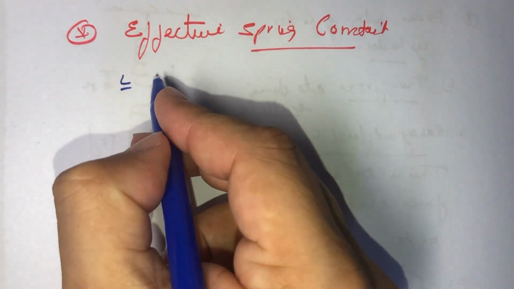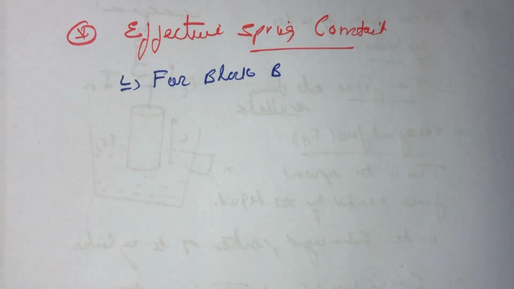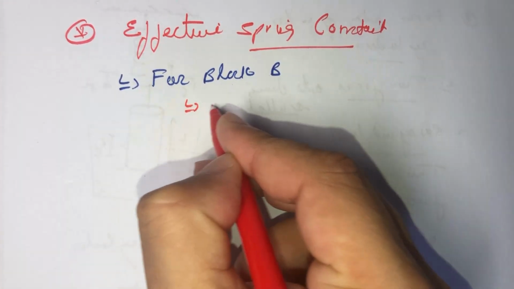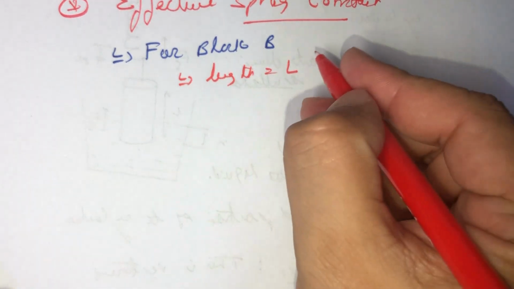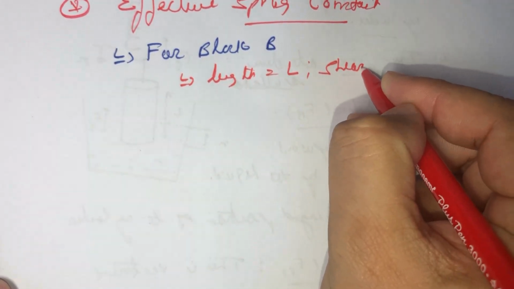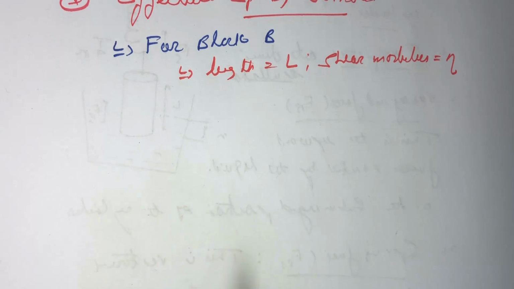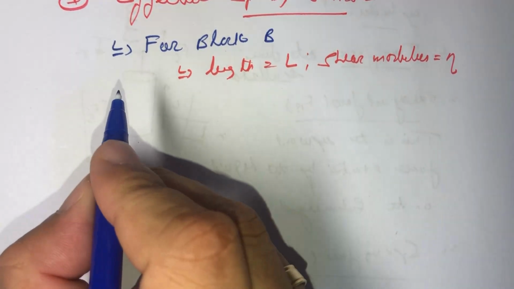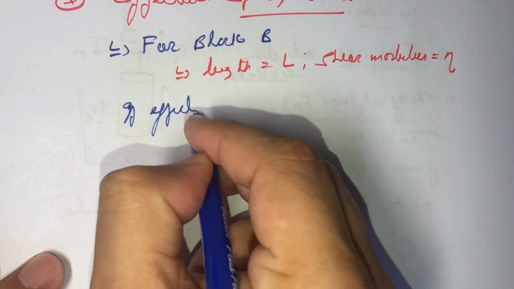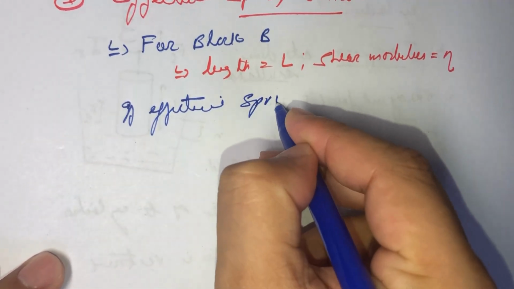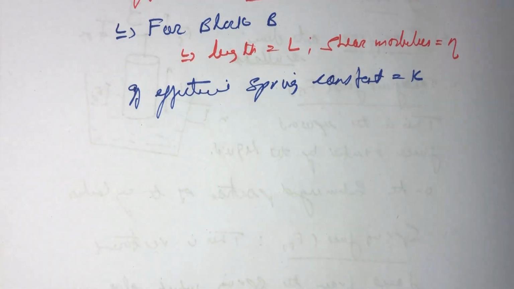So for block B, length is given as L, shear modulus is given as nu, and the effective spring constant, let us suppose, is K. If the effective spring constant is given as K, then